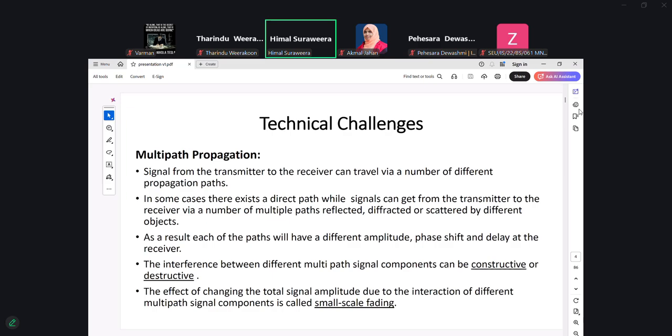First of all, I think all of us know the main challenge of wireless communication systems is something called multipath propagation. When you have a transmitter and a receiver, the signals transmitted from the transmitter arrive at the receiver with random phases as well as random amplitudes and so on. That is called multipath propagation. And since these phases and amplitudes are random, they will add most of the time destructively rather than constructively. When these signals add destructively, the received signal power is very low, and as a result, the bit error rate will be high, and other performance metrics will be low. So this is a technical challenge. How to overcome the effects of multipath propagation?